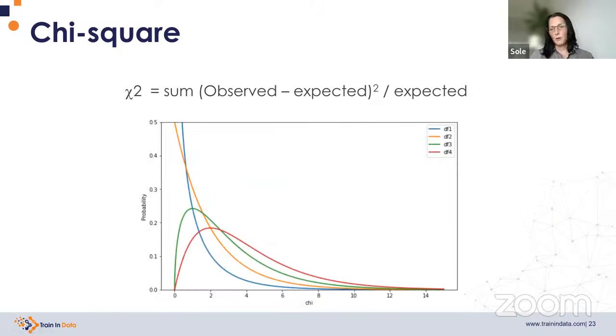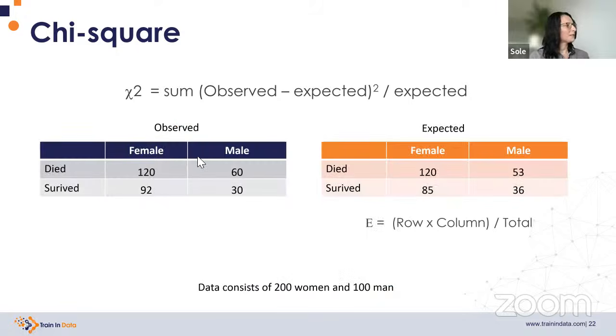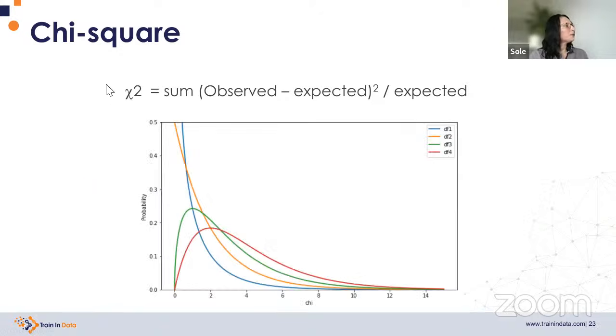And this chi-square follows a very well-characterized and very old, well-known distribution, which is the chi-square distribution, which varies according to the degrees of freedom. And the degrees of freedom are given by the number of columns and the number of rows. So in this case, it's going to be 1 degree of freedom, because it's columns minus 1 times rows minus 1. So if we obtain a chi-square value of 4, we come here, we follow number 4, and then we obtain here the p-value of 0.05, more or less,